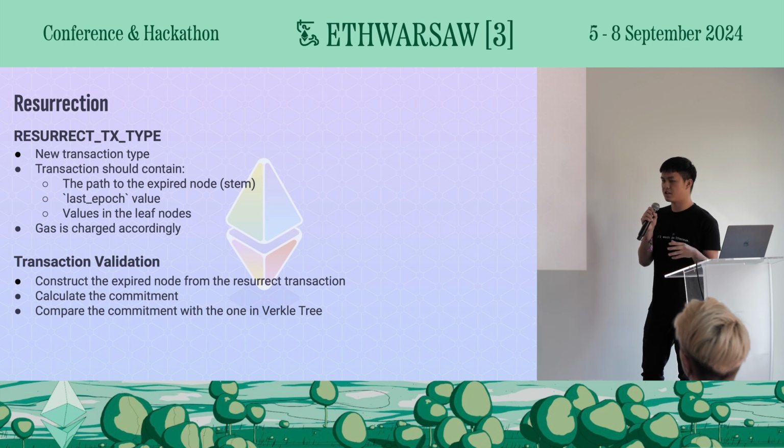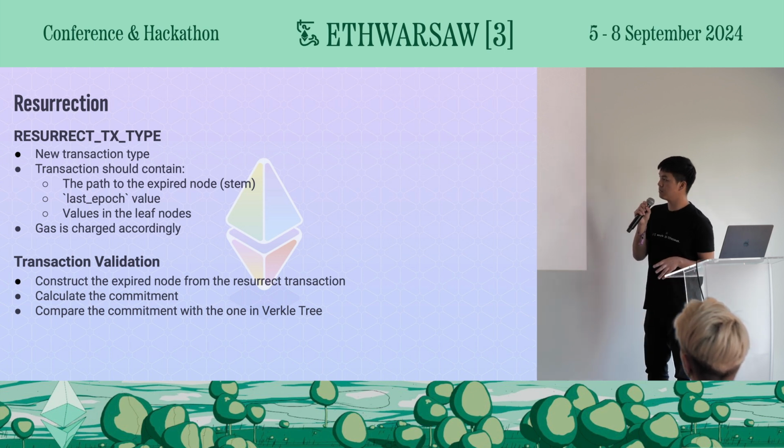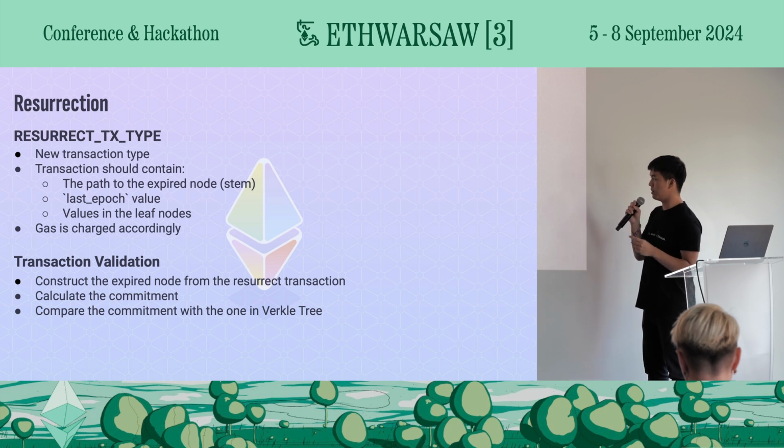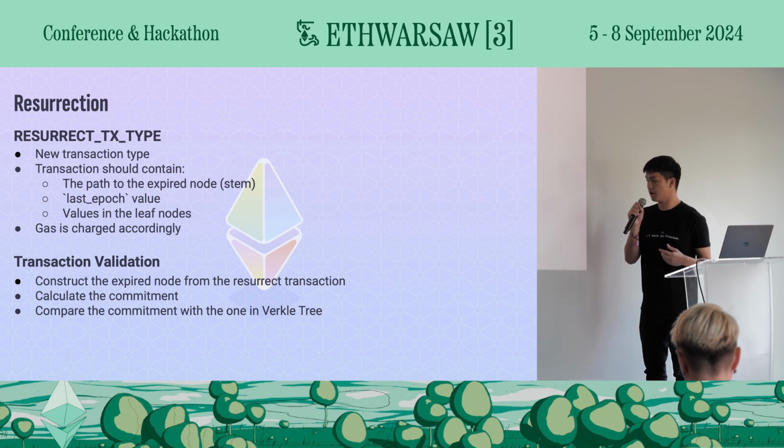So in order to resurrect the value, we introduce a new transaction type called resurrect TX type. When you are trying to resurrect a value, an expired state, you should provide the path to the expired node, the last epoch value, and also the values in the leaf nodes. Because you are trying to resurrect something that has been expired, you should also get charged for it